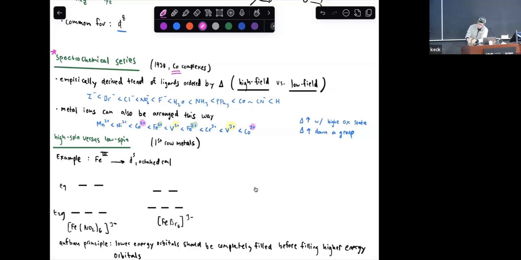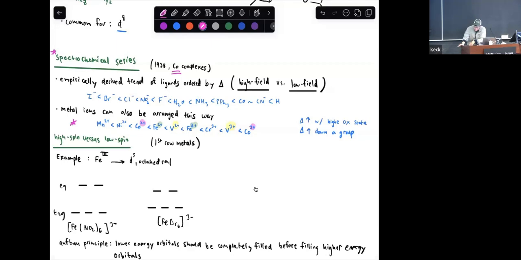So you can collect data for a spectrochemical series as a function of the ligand, and then you can do the opposite, where you keep the ligand the same and collect a spectrochemical series as a function of the metal. And that is shown here. One of the trends you'll notice is that, again, higher oxidation state metals have higher splitting energies, as I mentioned previously. And then the exact ordering of the metals, you can read here for